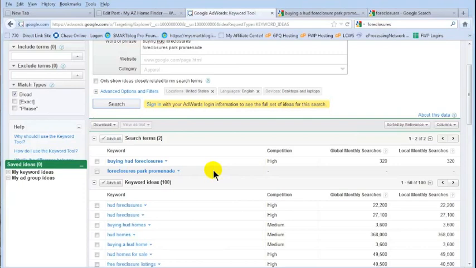You're going to go from a range of no one searching to it's not enough for them to register it on a radar screen. But if your website's about Chandler and you write an article about foreclosures Park Promenade, or you put a page on your site and get some relevant content into it